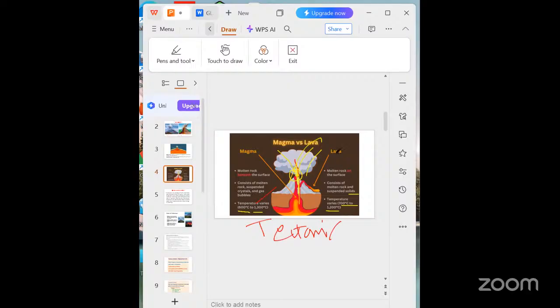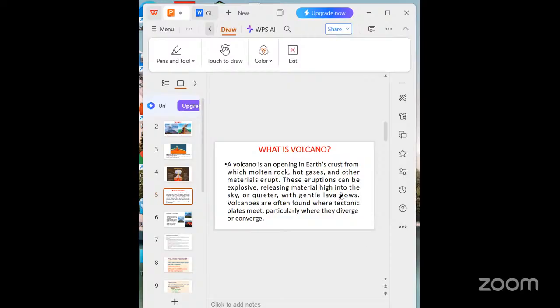It's like the difference between an unopened can of soda, which contains dissolved gases, and an opened one, which eventually loses its bubbles. So this is the difference between magma and lava. Now you see the definition of a volcano. A volcano is an opening in the earth's crust from which molten rock